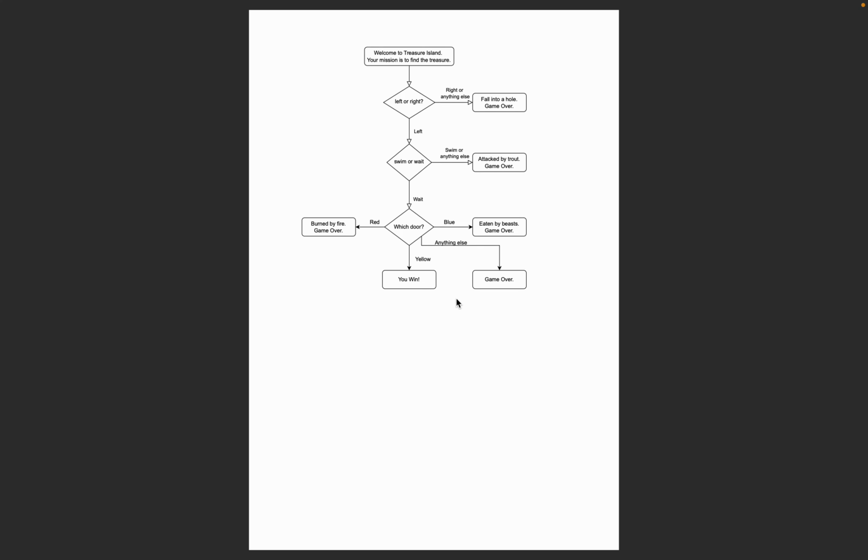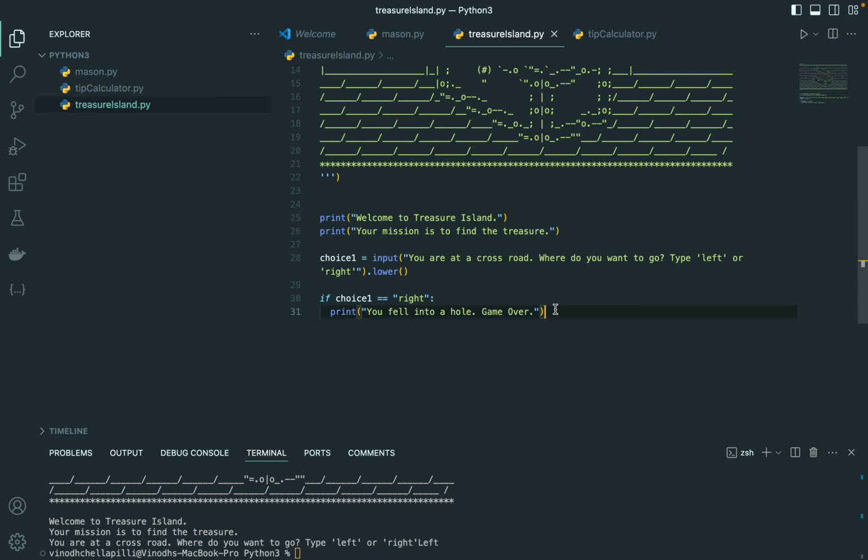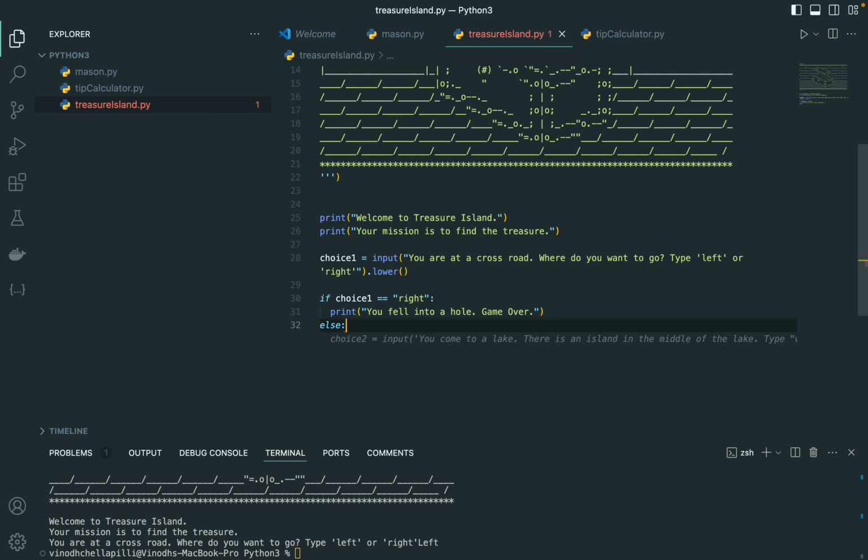But if I go here, it says if you go to left, let's say I use ELSE. If I use else, what will happen? Then if the first one fails, then it'll go to else. Yeah, so what I'm going to do is